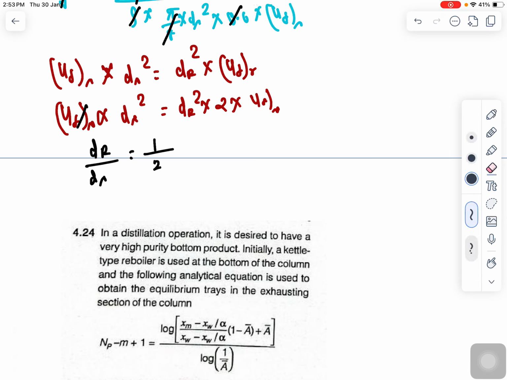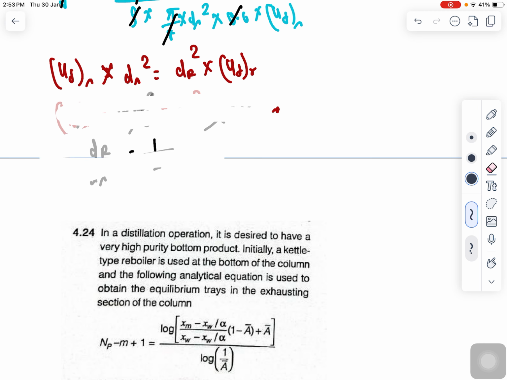Sorry, this is given in the opposite way. So here I can say 2 multiplied with d rectifying, d stripping section whole square. Now if you want to cancel it out, you can cancel it out. Sorry, this is U flooding. So again I'll write,